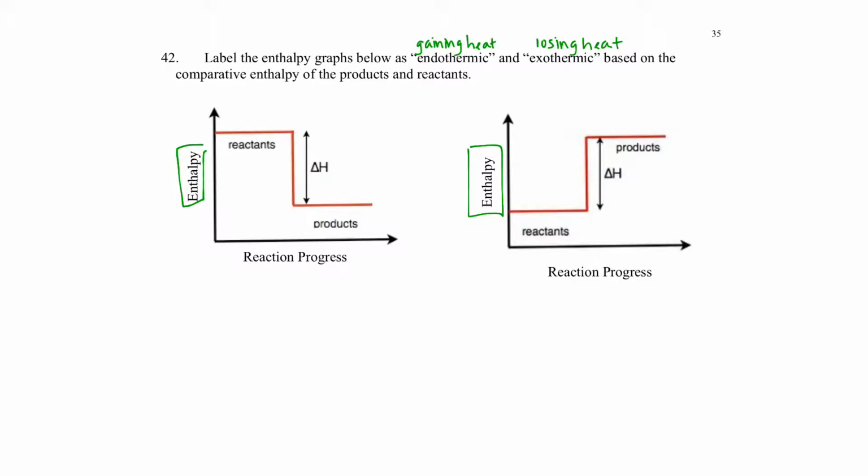So, if we check out these graphs then, the one over here on the right, it starts at a certain energy level, and then all of a sudden by the end of the reaction, it has a way higher value, right? The products have a higher energy than the reactants. The only way that happens is if it's gaining energy right here, right? So if this one over here is the one that's gaining energy, we would say that this one on the right would be our endothermic reaction,